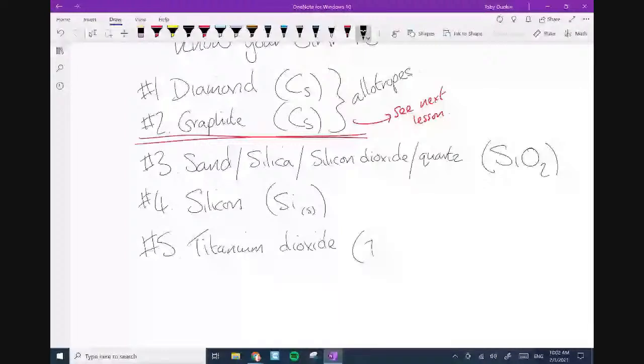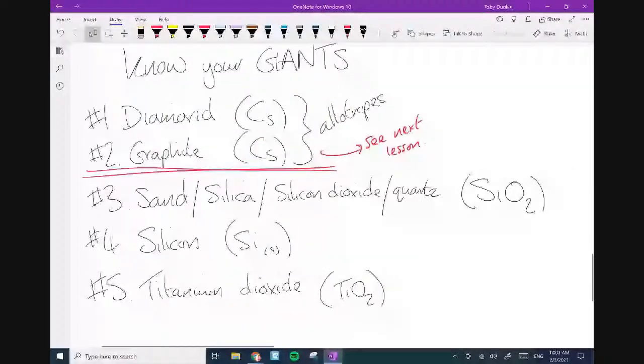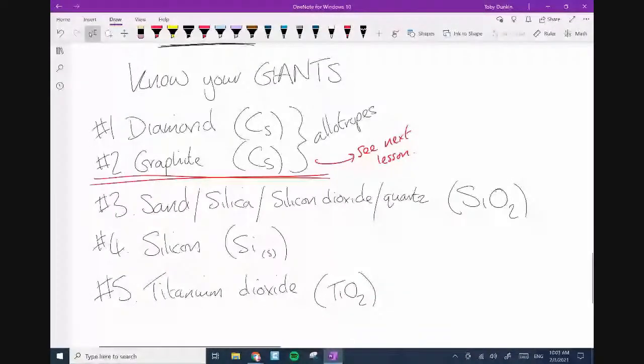So that's all you need, folks. Graphite's a bit different, and we'll look at graphite separately because it requires a little bit of extra, but that's all you actually need in terms of the giants. If you look at the structure of each one, they're very similar, except for graphite, which is standout different. Titanium dioxide's different as well, but we can argue that